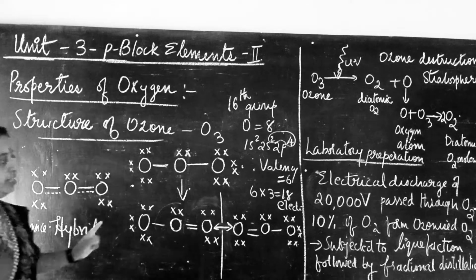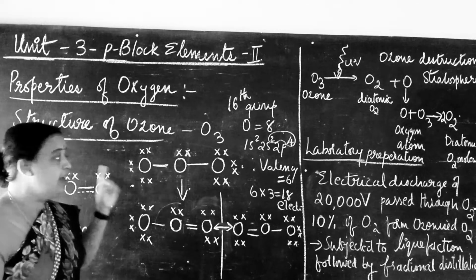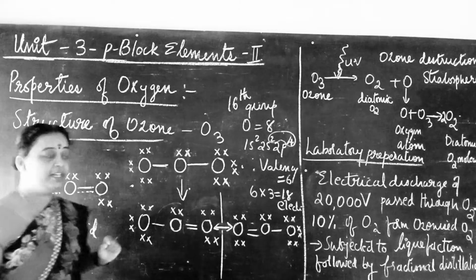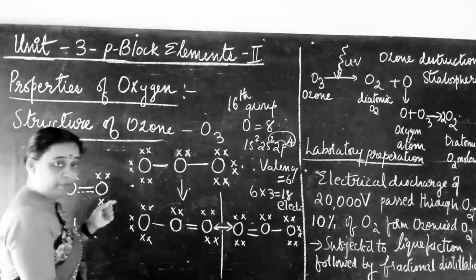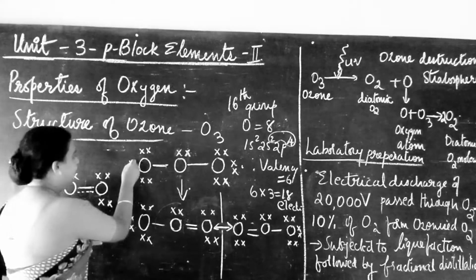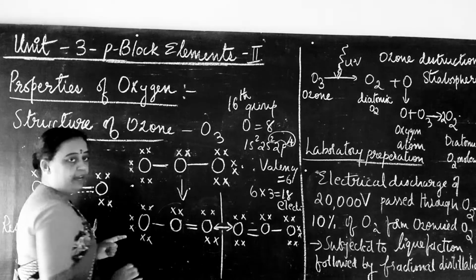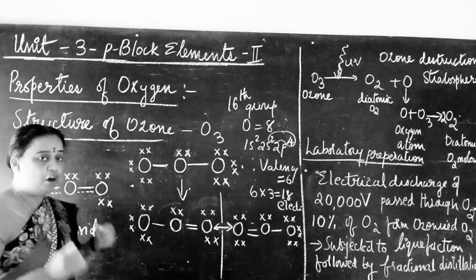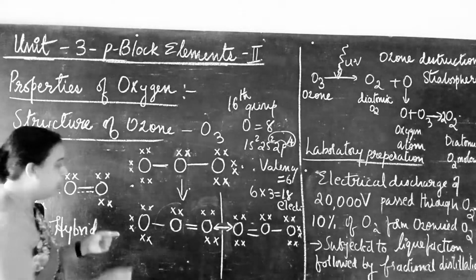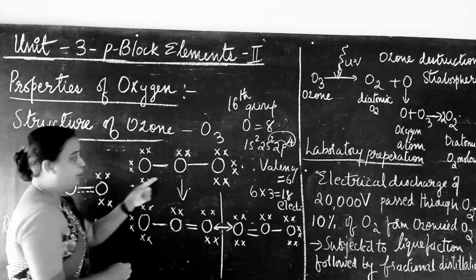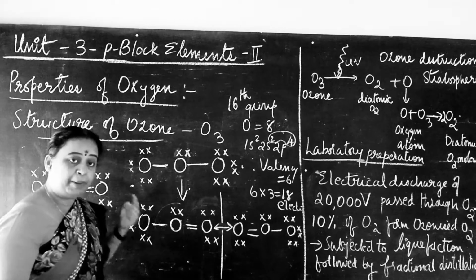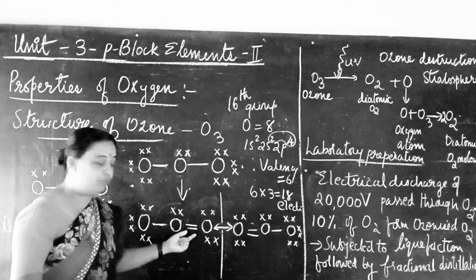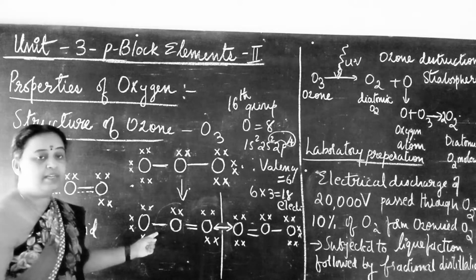Yes. So here you should know the valency for a single oxygen atom. That valency should be taken for all the 3 oxygen atoms, 18 electrons. So that will be your valence electrons for ozone. So those 18 electrons you just distribute. Yes. And after distributing the 18 electrons, in order to get the octet configuration, you just put the bond, in the form of a pair of electrons. So in such a way you can put the bond: if one side it is a double bond, the other side will be a single bond.